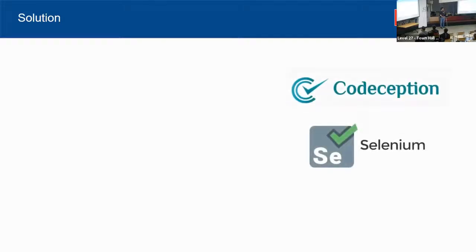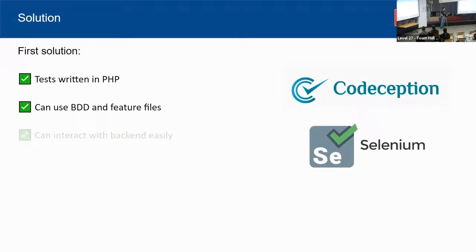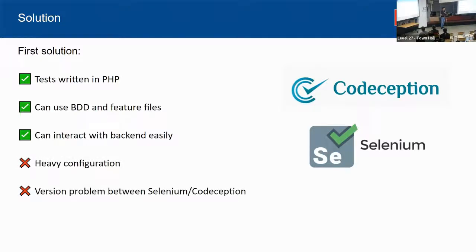There is a first solution with Codeception that we tried at ELMO a few years ago, and it's not bad because you can test your code in PHP, you can use BDD and feature files, you can interact with the backend quite easily, but it's a very heavy configuration. You need 2 tools, which are Codeception and Selenium. For example, if you update Codeception, boom, Selenium is not working anymore, or the other way around, which is very problematic. And the big problem is it's very slow. It can take a couple of minutes just to start and run. So how about